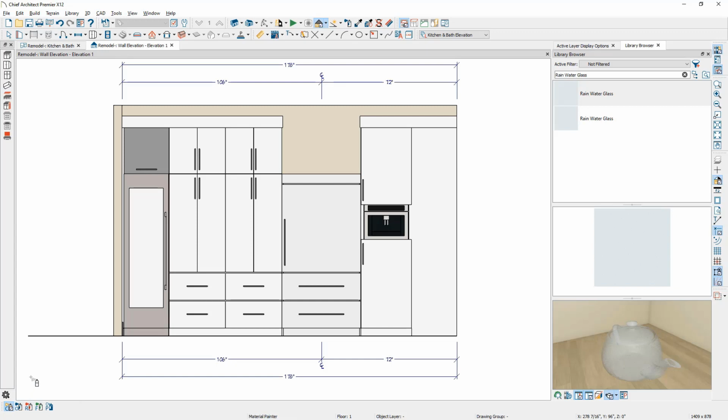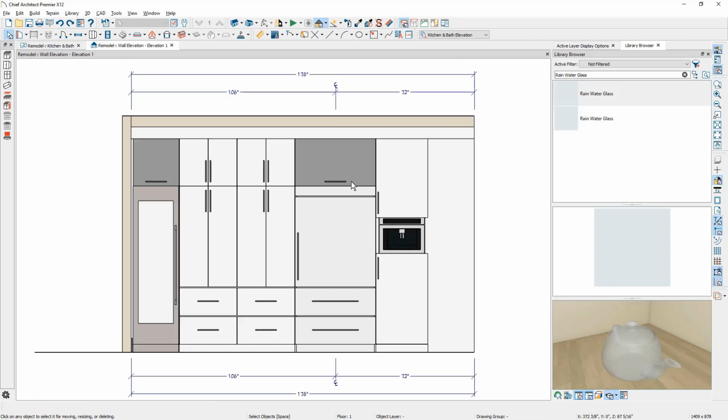And now that I've got that cabinet set up the way I want, I'm going to actually create a copy of it by clicking on this, using the copy tool, come over here, click paste, and then I'm simply going to bump that cabinet side to side and position it right above the refrigerator.